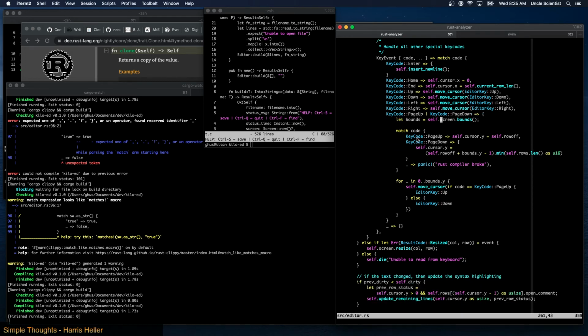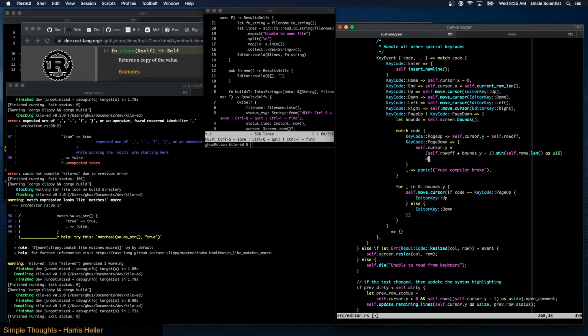Okay. So if we're doing a page down, self.cursor_y is the raw offset plus bounds.y minus 1, dot min self.rows.len as u16. I guess we could do that, right? dbg self.cursor_y, and that should output it to